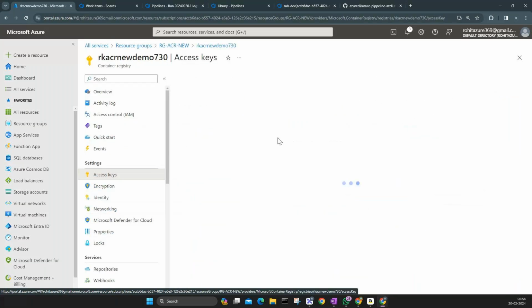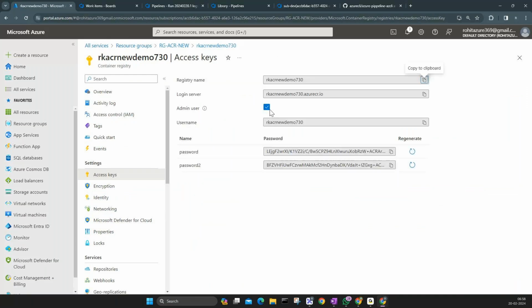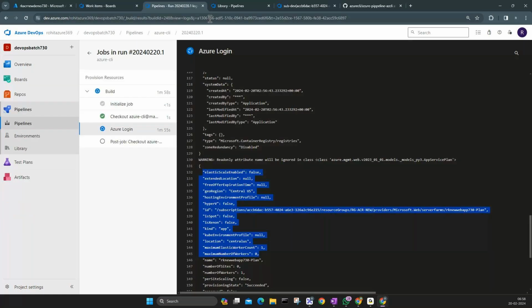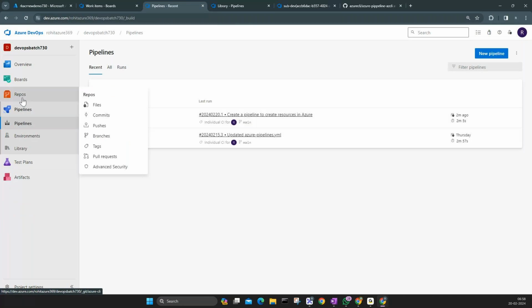So what I can see, yes, I think it's already there. So my admin enablement is done. So my first execution is running, but if I compare that with what I really wanted, it is all getting created. So if I go back to my Azure pipeline, I can see that, okay, first I'm saying,